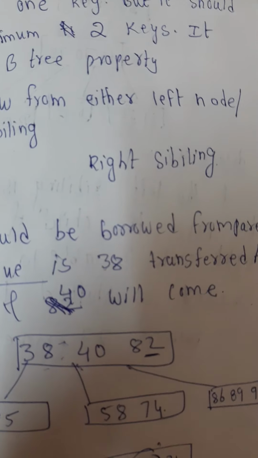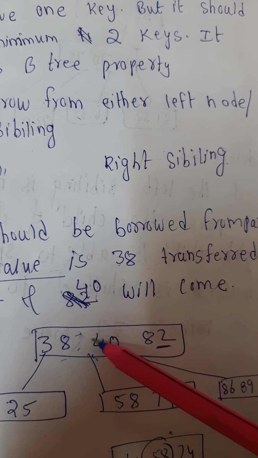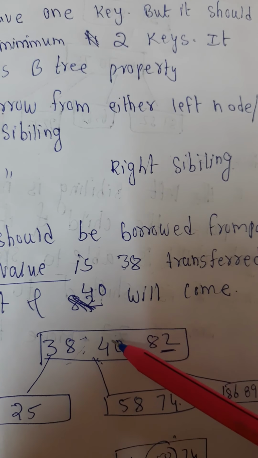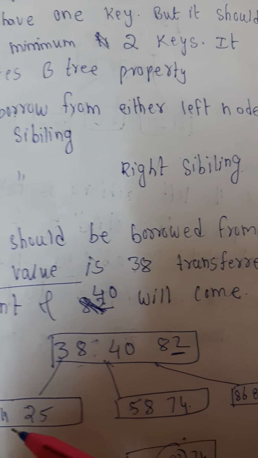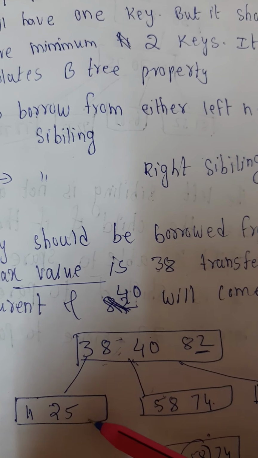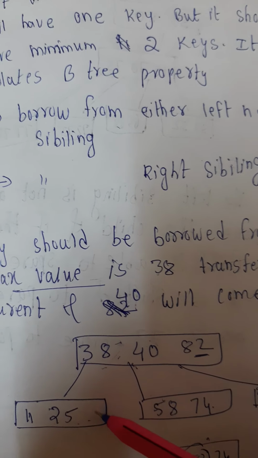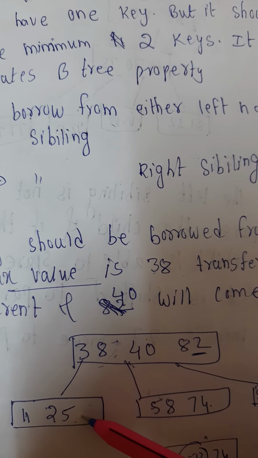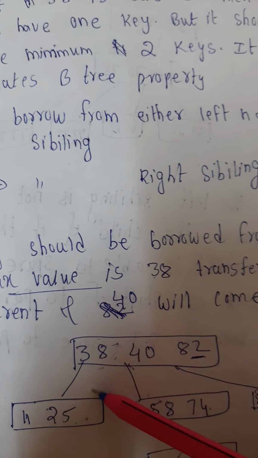So now what we will do here is, whichever you have in the right of this 38, 40, this 40 you get it down now and delete 58. What we have done first, we have gone with the left sibling. From the left sibling, the maximum we have seen. What is the maximum? We have seen 38. So that 38 we have sent to the parent.